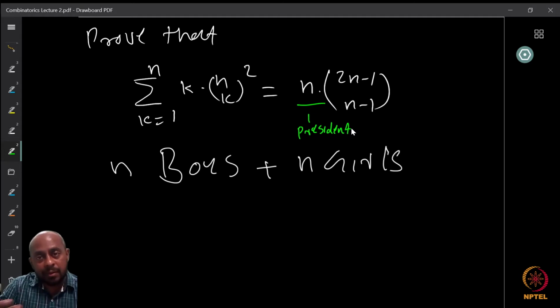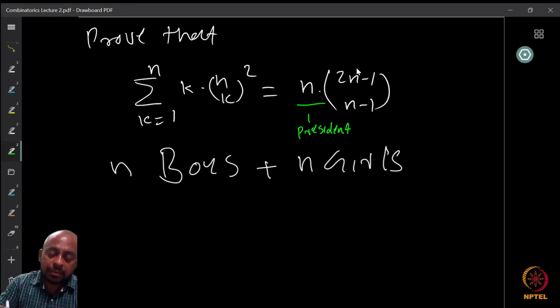But the n minus 1 can be any of the people. So I can choose any n minus 1 persons from the 2n minus 1 remaining people, except for this one girl. There are n boys and n minus 1 girls. Out of the 2n minus 1 persons, I can choose n minus 1 members. The choice could be empty if n is 1, where there is only a president and nobody else. So you choose an n minus 1 element subset of the 2n minus 1 element set.